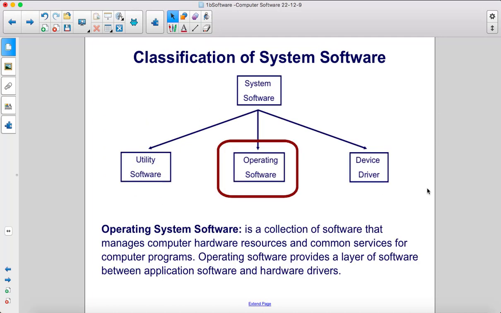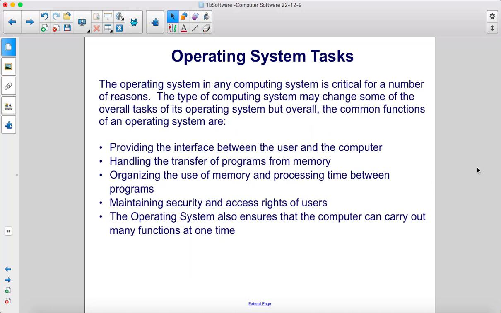Operating system software is a collection of software that manages computer hardware resources and common services for computer programs. Operating software provides a layer of software between application software and hardware drivers. The operating system in any computing system is critical for a number of reasons. The type of computing system may change some of the overall tasks of its operating system, but overall, the common